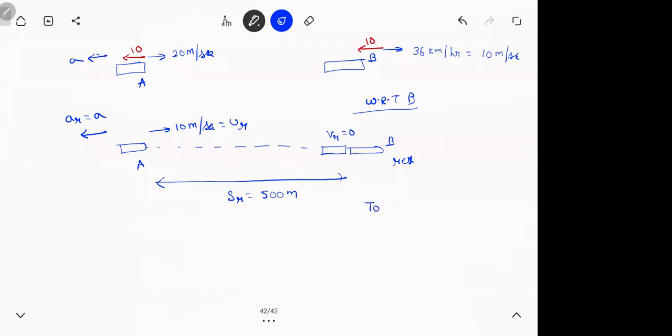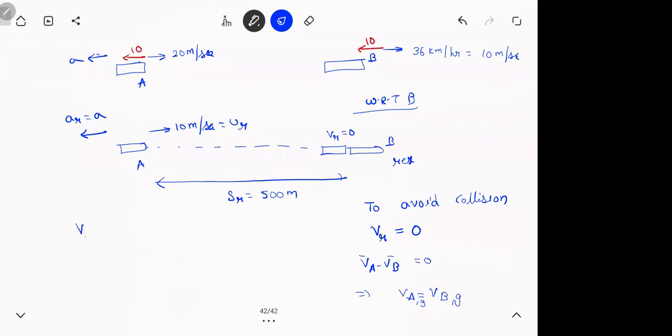Right? To avoid collision, B should think A came to rest. That is V relative is 0. What is V relative? V relative is nothing but VA minus VB, which is 0. This implies velocity of A should be equal to velocity of B, in the ground frame. This is what I was saying. B will think A came to rest, but did A really come to rest? You get my point? A's speed became equal to B's speed. So relative is 0, but A's speed is not 0.